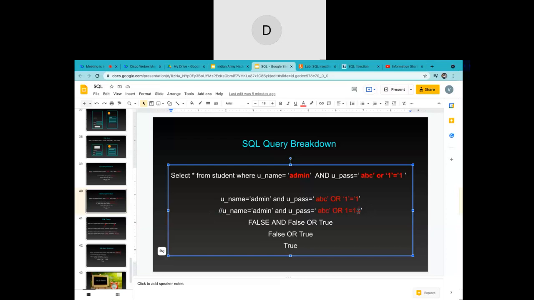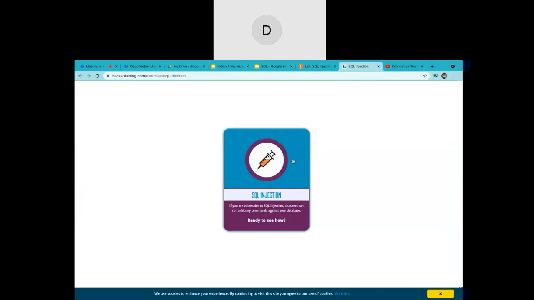In Python we use hash, so every language has something unique. So for SQL we use this. That means the rest of the query will be commented, and the application will think that it doesn't have to execute that part, the query ends here. So this way all my single quotes will be balanced and we don't have anything left to give us the error. Let's go quickly to solve the lab.